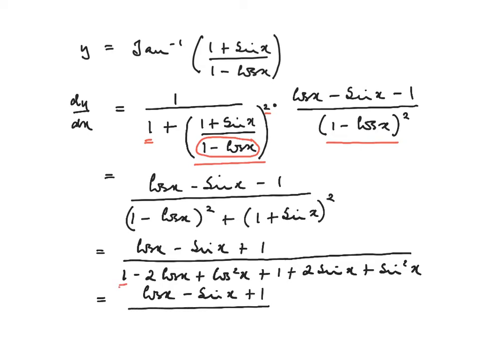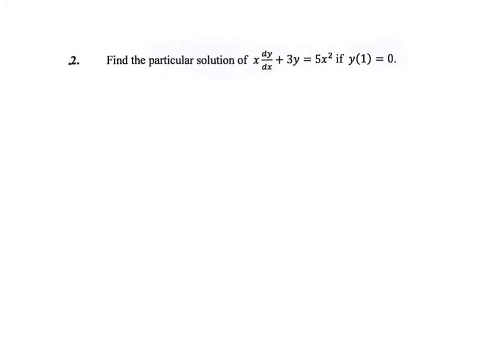We've got a 1 here, we've got a 1 here, and remember we've got cos squared plus sin squared, so it's going to give us 3. So it's 3 minus 2 cos x plus 2 sin x. So we're going to divide throughout by x, so dy by dx